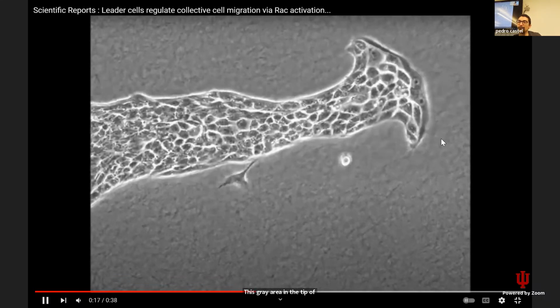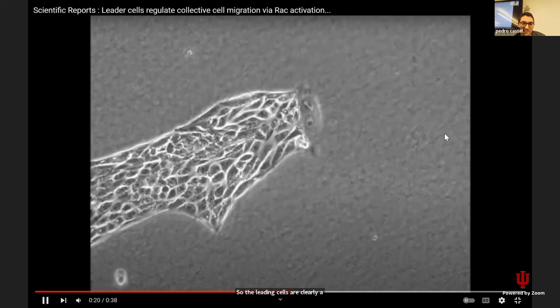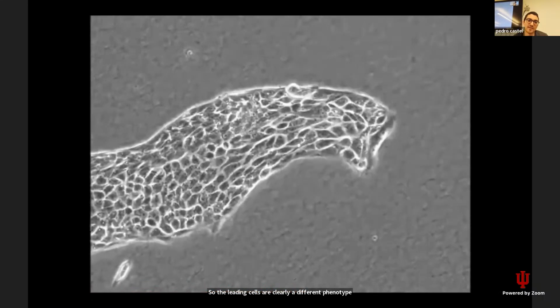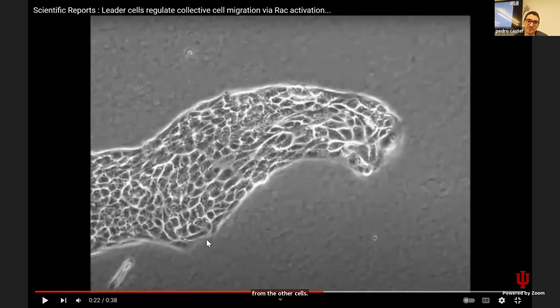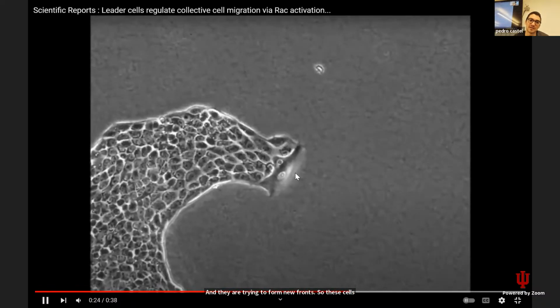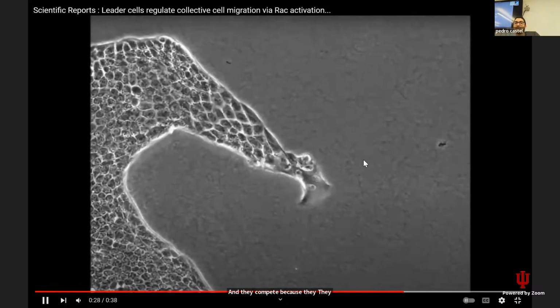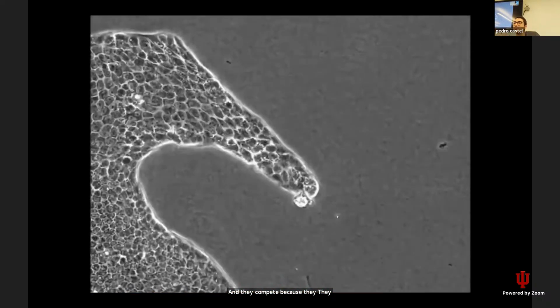This is the lamellipodia of the leading cells. So the leading cells are clearly a different phenotype from the other cells, and they are trying to form new fronts. So these cells here, they are trying to become leaders, and they compete because they transmit force globally